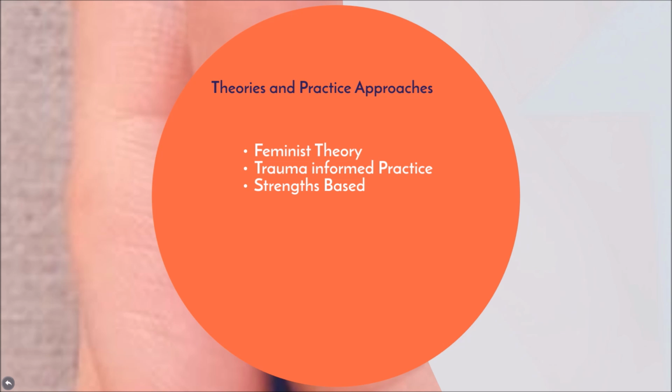Feminist theory will allow us to work with Elsie while considering the social and structural barriers she faces, such as age, race, and gender, and working towards making sure she has equal opportunities to grow and change. As a form of critical theory, it will also allow us to recognize the different dimensions of oppression Elsie may face. The strengths-based and trauma-informed practice approaches will shape our interactions and interventions with Elsie, so that we can draw on her individual strengths and qualities, as well as assist her in rebuilding a sense of control and empowerment.